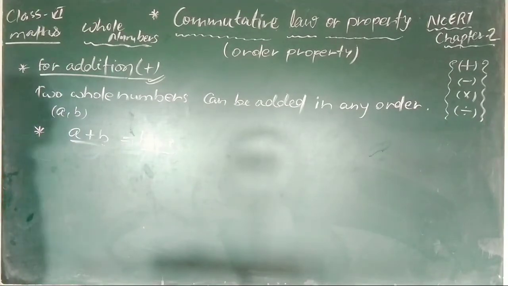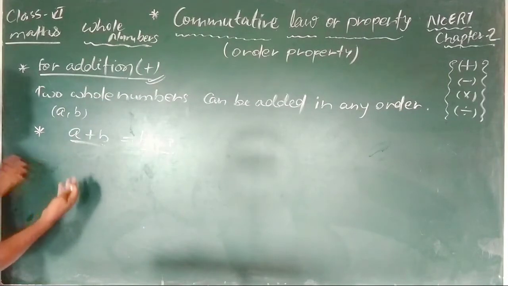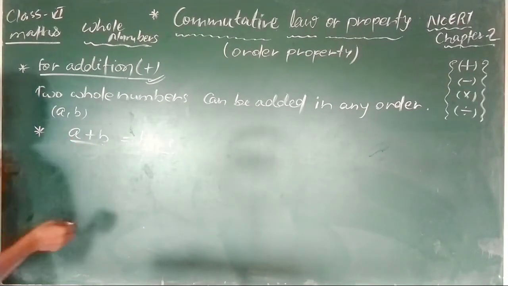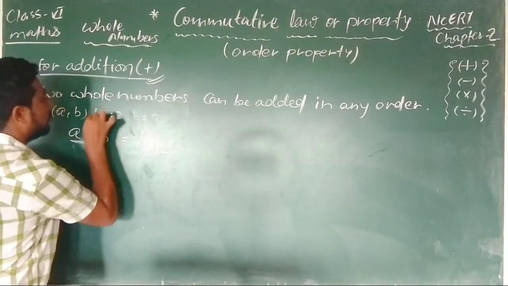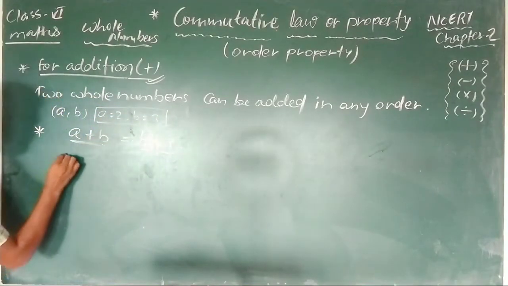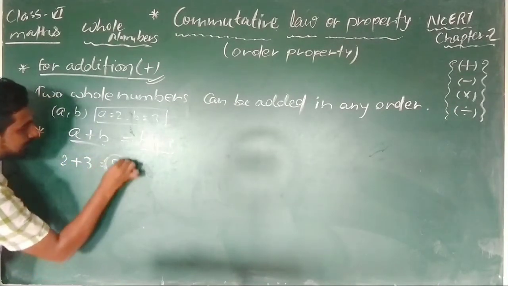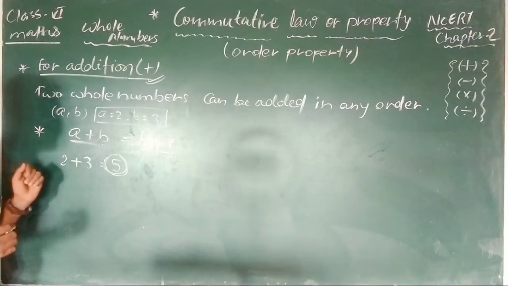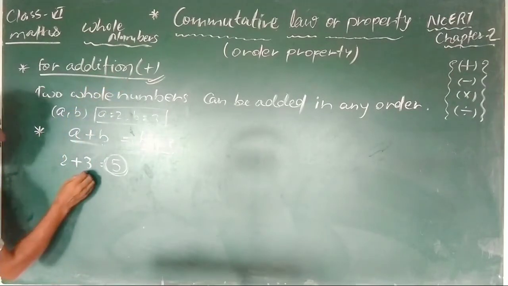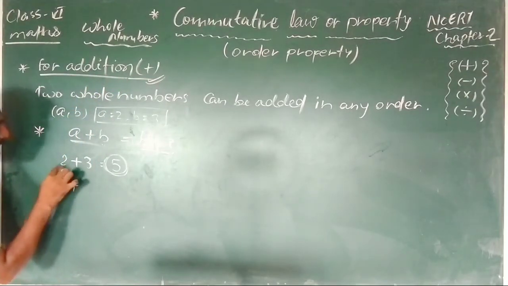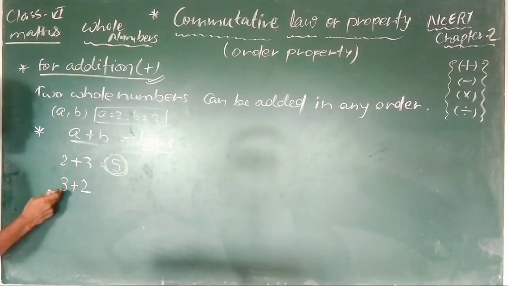Now you must be thinking, sir, what A and B are you talking about, I am not understanding. Okay, no problem, in the place of A and B you can take any number. Suppose I take 2 in the place of A and 3 in the place of B. So you add 2 and 3. What answer will come? 5 will come, obviously. Now you change the order of these two whole numbers, because this is an order property, the commutative law. So now 3 will be first and 2 will be written last, I mean 3 plus 2. This is 2 plus 3 and now I have written 3 plus 2.